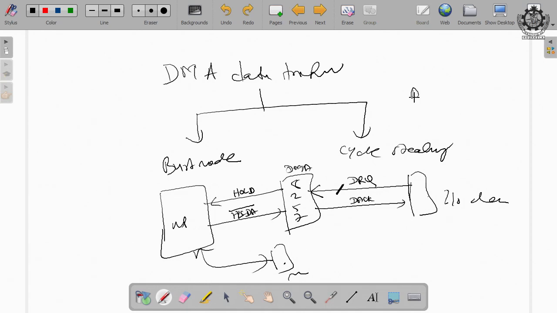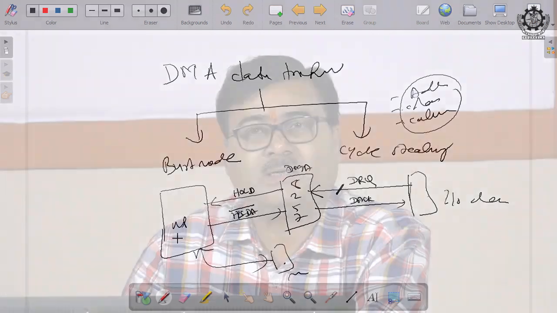And system bus means address bus, data bus, and control bus. Am I clear? So, for this address bus, data bus and control bus, the entire system bus, the microprocessor is the master.